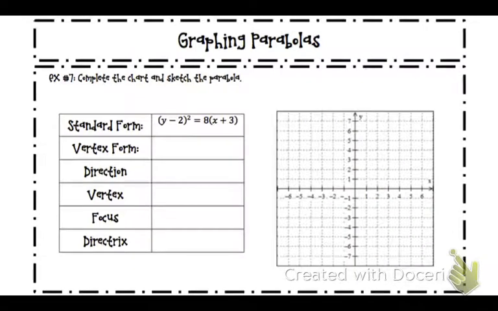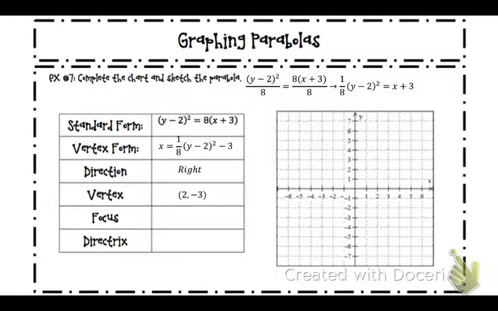Let's do this one. So we have to complete the chart and sketch the parabola. So first, if we have y minus 2 squared equals 8 times x plus 3, let's find the vertex form. So let's solve for x. I'm going to divide by 8, and you get 1/8 y minus 2 squared equals x plus 3, which means x equals 1/8 y minus 2 squared minus 3. Now this is an x equals and it's positive, so that's going to open to the right. My vertex, you can go back to standard form, that's where I'd always go, and it's just opposite of those numbers there. So we have x plus 3 and y minus 2, which means that vertex is going to be,